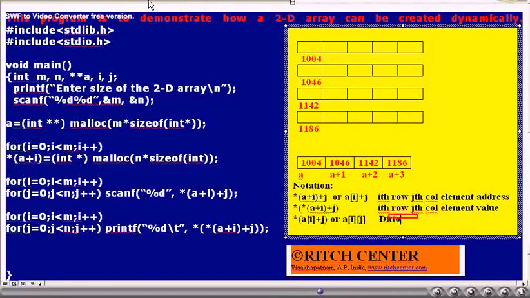If we apply the indirection operator, that is, if we put a star before this, that becomes the ith row jth column element value. Of course, star of (A of I plus j) also indicates the same. Even A of i j can also be used. These are the notations for referring to the ith row jth column element of the dynamic array we have created.